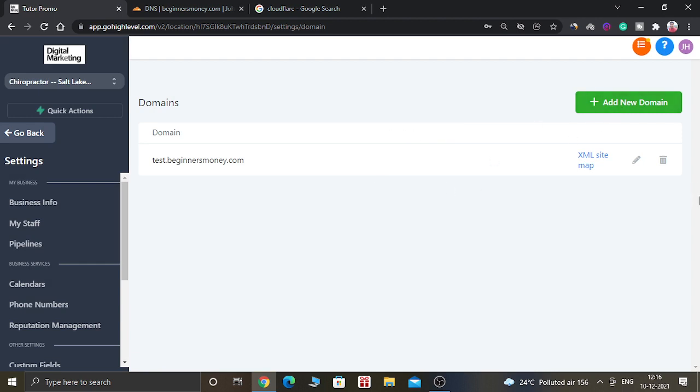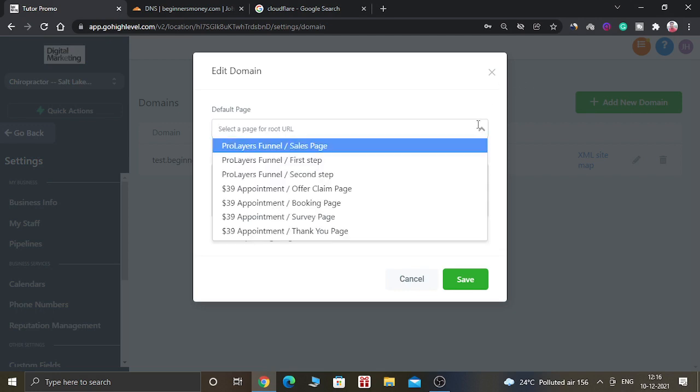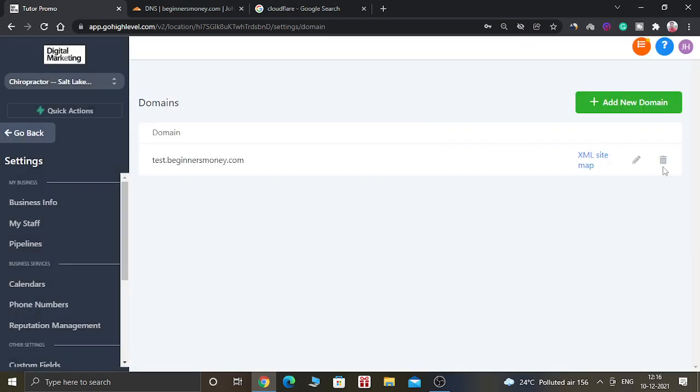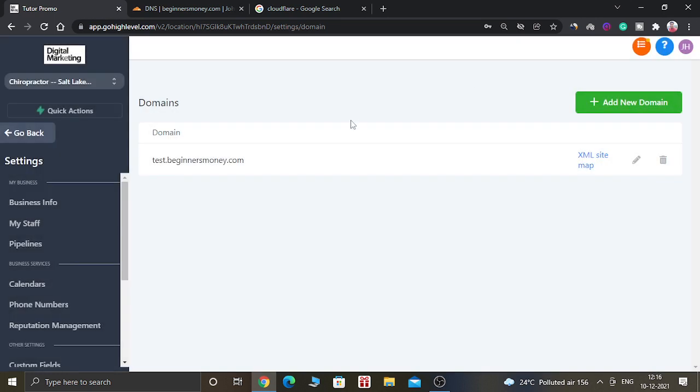The domain is added to the Go High Level account, and you can edit it or delete it. And if you want to add a new domain, you can just follow the same steps and you will be able to add new domains. It is not that hard if you know how to do domain name system settings.